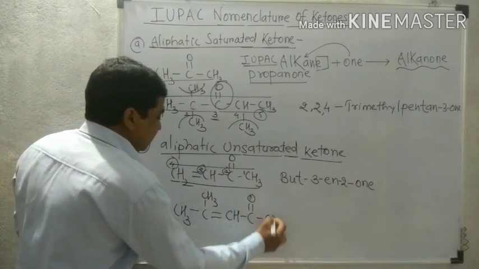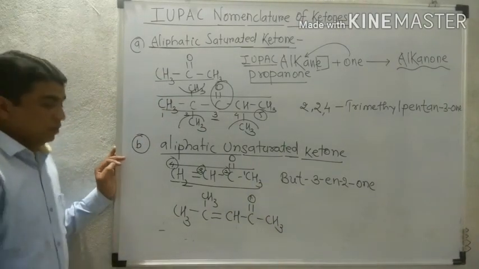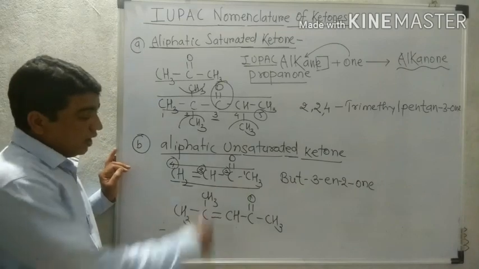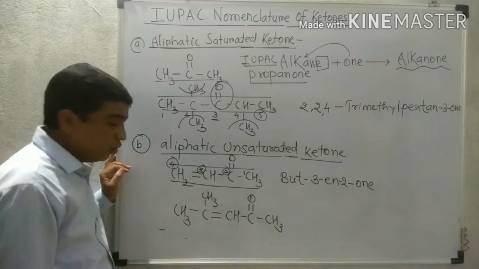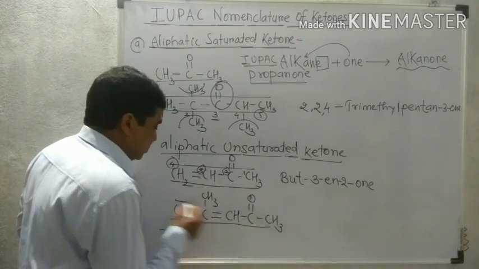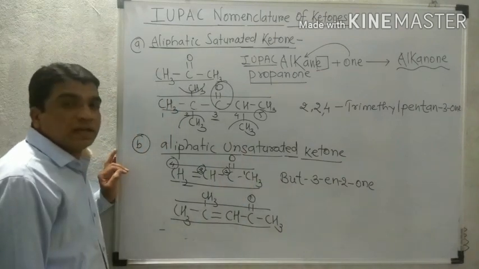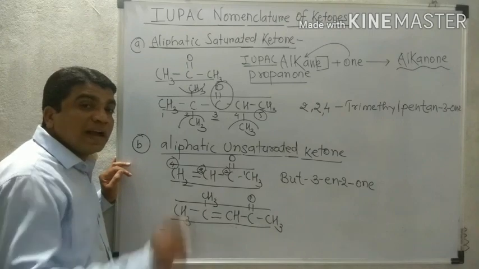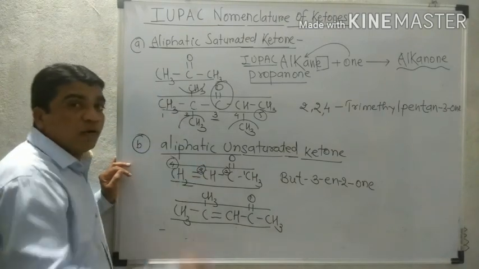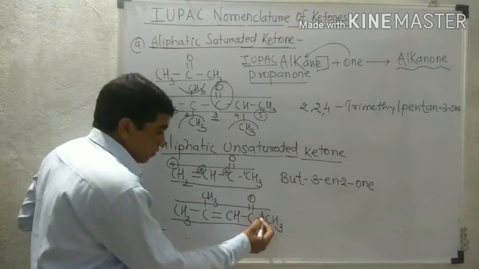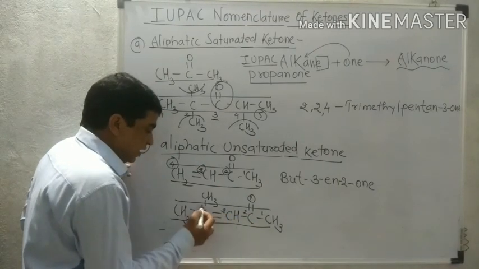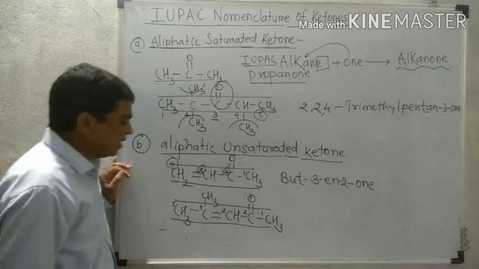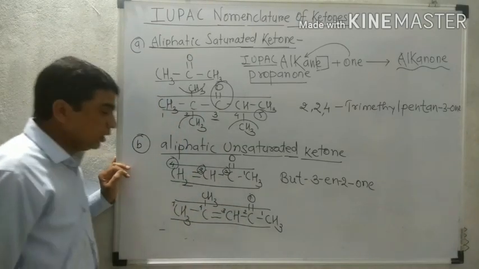Then after, the structure is like that. This structure is a ketone, this is an unsaturated ketone. Why? Because it contains a double bond. And why ketone? Because it contains a C=O. First, select the longest chain. Then number the carbon chain preferring the C=O in the numbering. So we can number from this end, because from this end the C=O is only at second, and from this end it is far away.